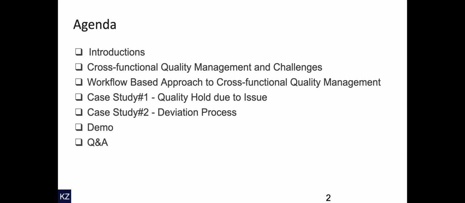The approach using digital workflows for quality management is something that we're going to cover to close out the first part. In the second part, we will showcase a couple of case studies where digital workflows are used to address some very intricate quality management processes such as quality holds and deviation processes. You'll be able to see how customers are able to use digital workflows to provide significant improvement over traditional approaches